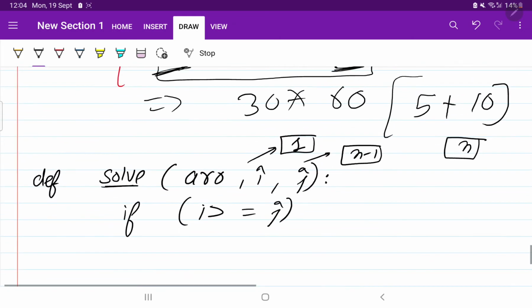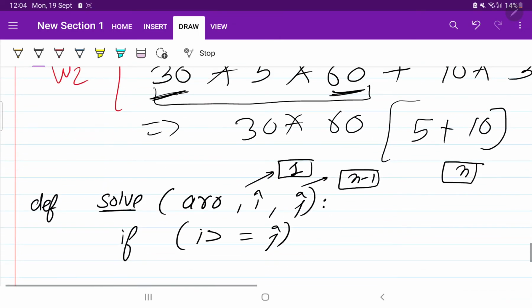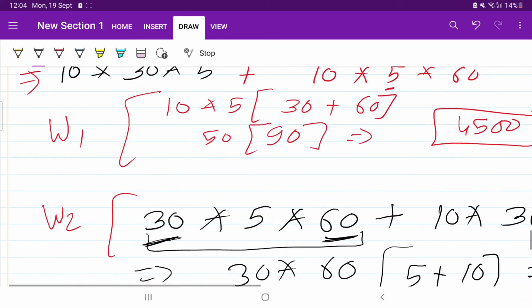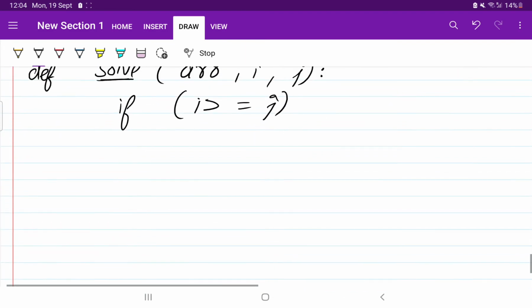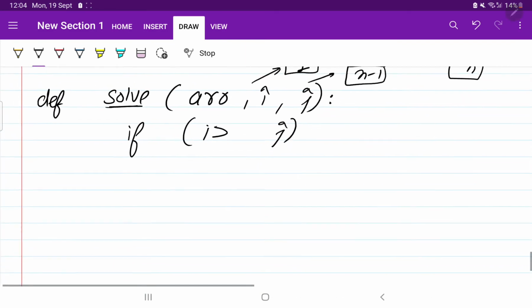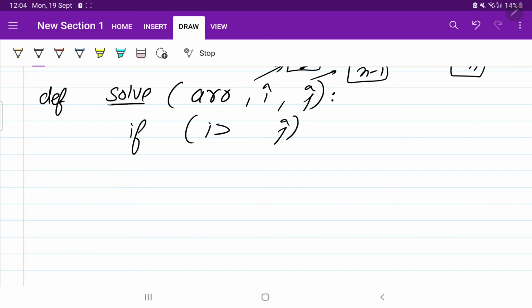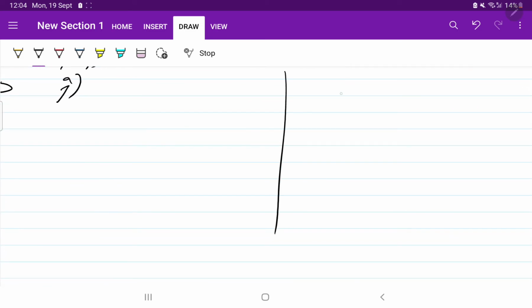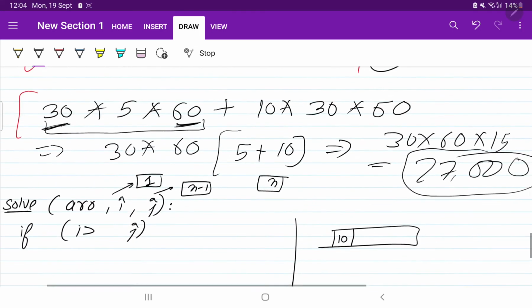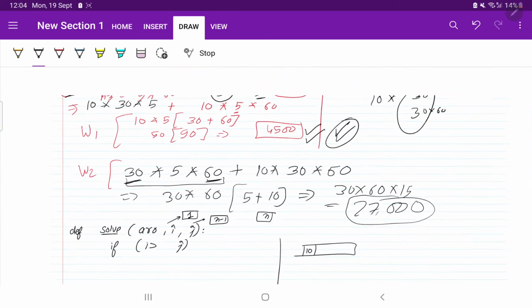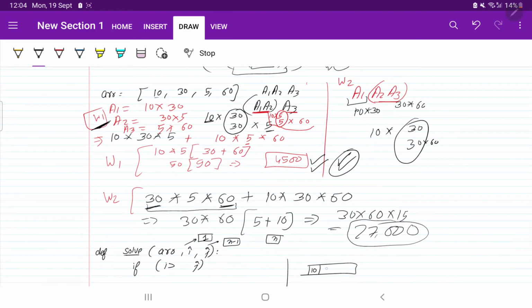Okay, so let us talk about the base condition of this question. We have generally discussed the base condition, but for this question the base condition will be different. Earlier we discussed that the base condition is i greater than j. Suppose the elements are like this. What were the elements? 10. We are going to take the same example, it will be much easier to understand.